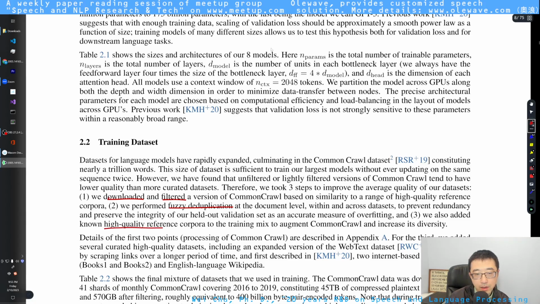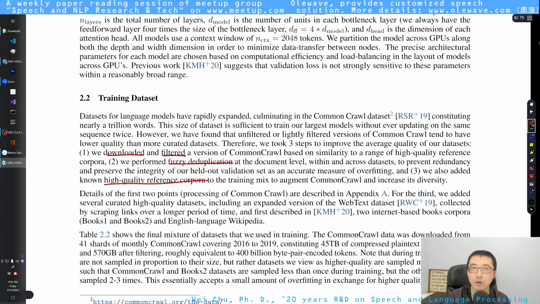This makes sense, right? They just put in Wikipedia, which I think is considered a high quality dataset. Because Common Crawl can be considered not a very high quality dataset because everything was from the internet.